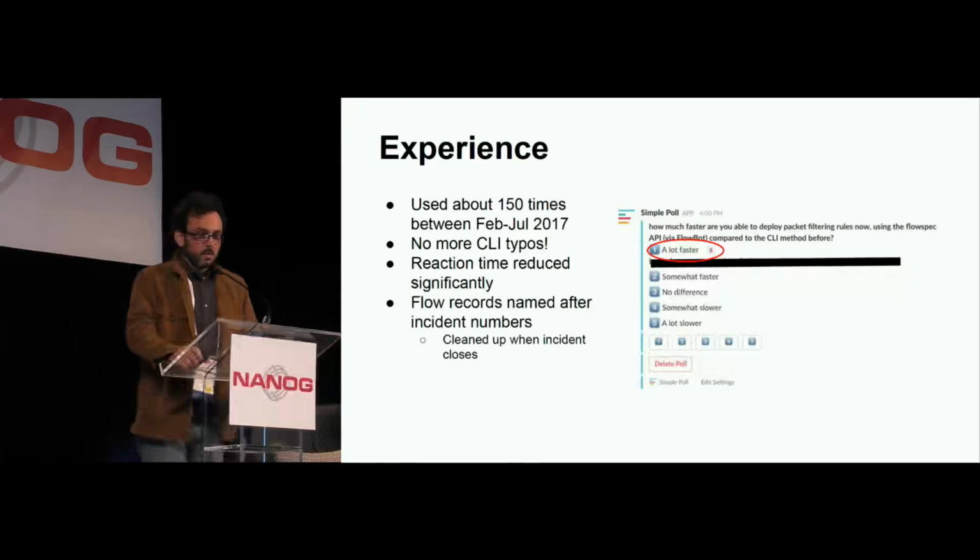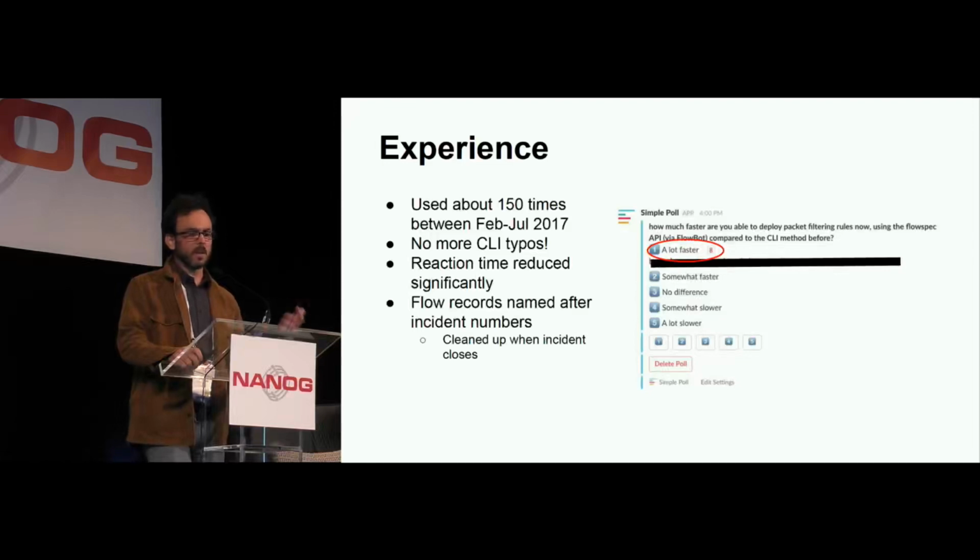The reaction time is reduced significantly. I'm talking about going from 15 minutes to under a minute in reaction time. And because we name those flow records after the incident, which is tracked in a different application, then when that incident is closed, you can actually delete the